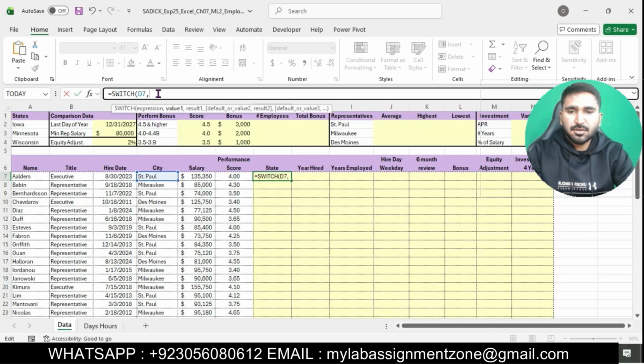D7, the city. Focus on my laptop screen. I am entering this complete statement which is given in the question. Des Moines, A2, entering dollar signs for mixed references. Cell reference value: St. Paul, A2. St. Paul, okay, then